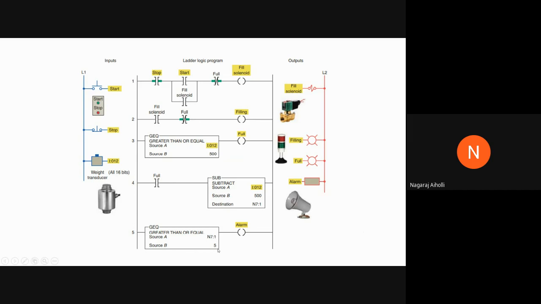If the value is equal to 5 or greater than 5, then the alarm has to blow. The alarm will blow, indicating that the value in A is equal to the value in B, that is 5, or it is greater than 5. What does it indicate here? It indicates that there is some leakage from the tank. The actual value of the tank should be 500, but if it is more than 500, say 506 or 510, something like this, then again that has to be indicated. That is indicated by this alarm blowing. Okay. Once it is indicated, then the correction has to be done. They will correct the condition and rectify it, that will overcome the fault, and again the system is restored back.